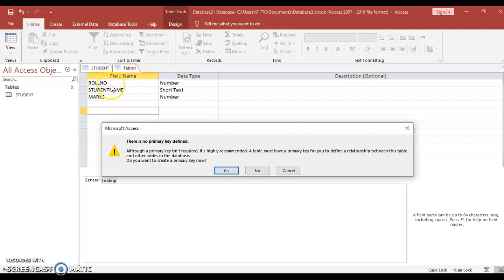So आप लोगों को जो roll number के अंदर आप जो data fill कर रहे हैं वो compulsory fill करना है. Okay, so this is nothing but your primary key, and primary key is your unique identification key. You can set roll number as a primary key or mobile number as a primary key, because it is unique for different students. Roll number 1 is for student 1, roll number 2 is for student 2. With the help of that we can easily identify the student. So roll number is your primary key.